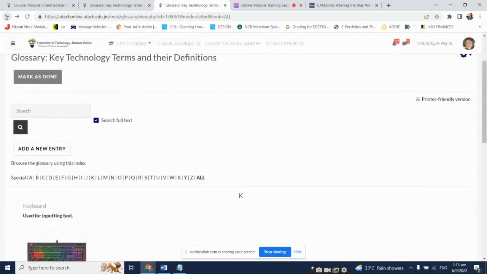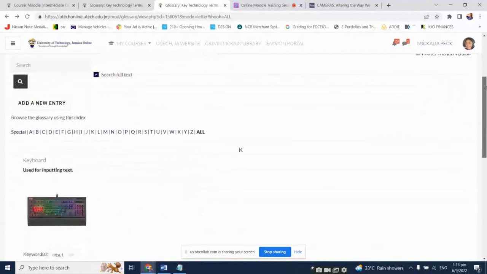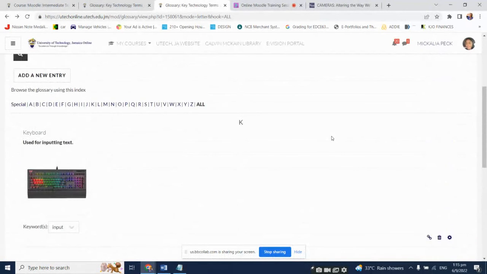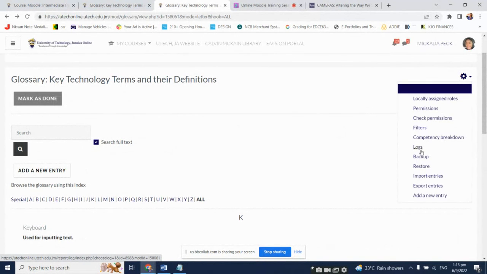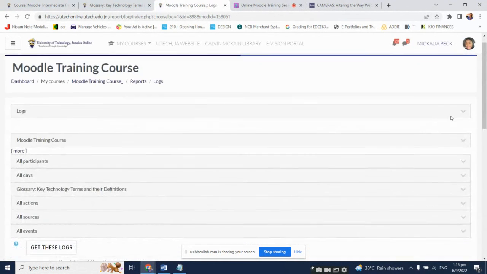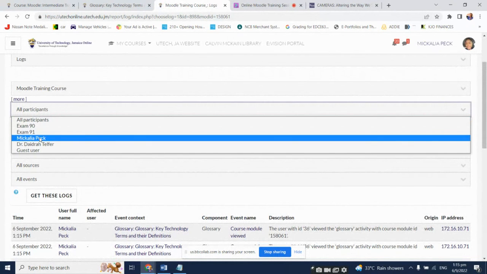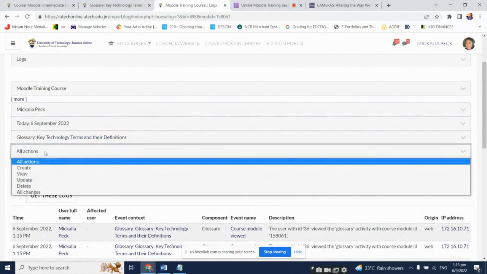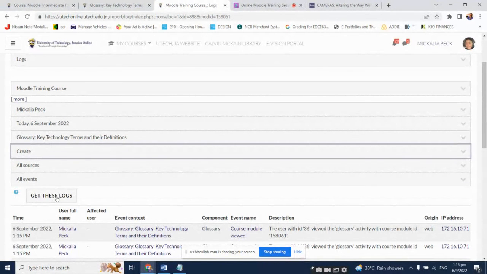All right. Okay. Now I mentioned when I was describing the glossary that when a student makes an entry, you can use a log to see which entry they made and what time. Okay. Top right, the settings icon, there is an option that says logs. When you click on it, you can select the name of the student that you want to see who would have made a particular entry. So if I click on Michaela Peck for today, what she created, so all actions create, and I click on get these logs,